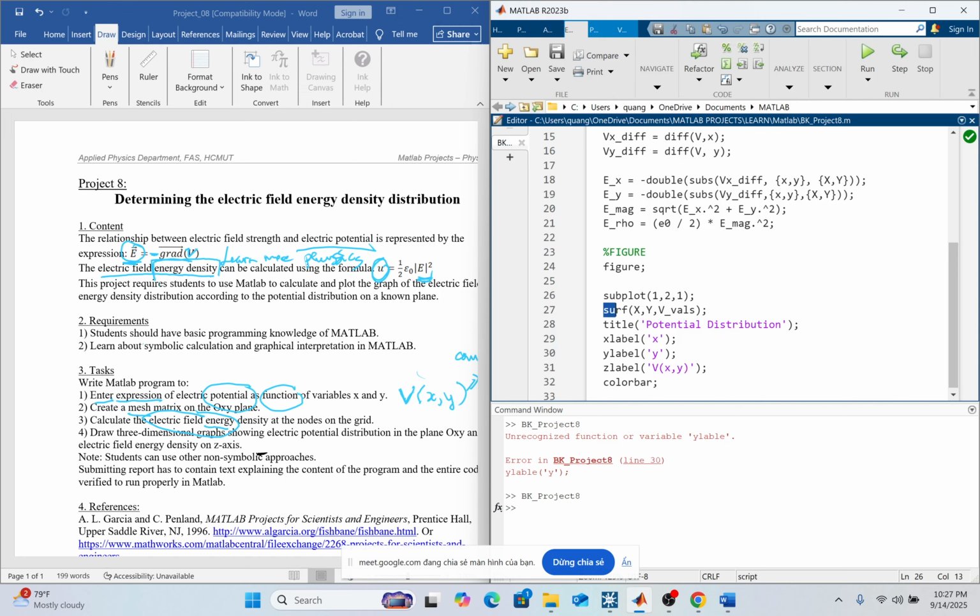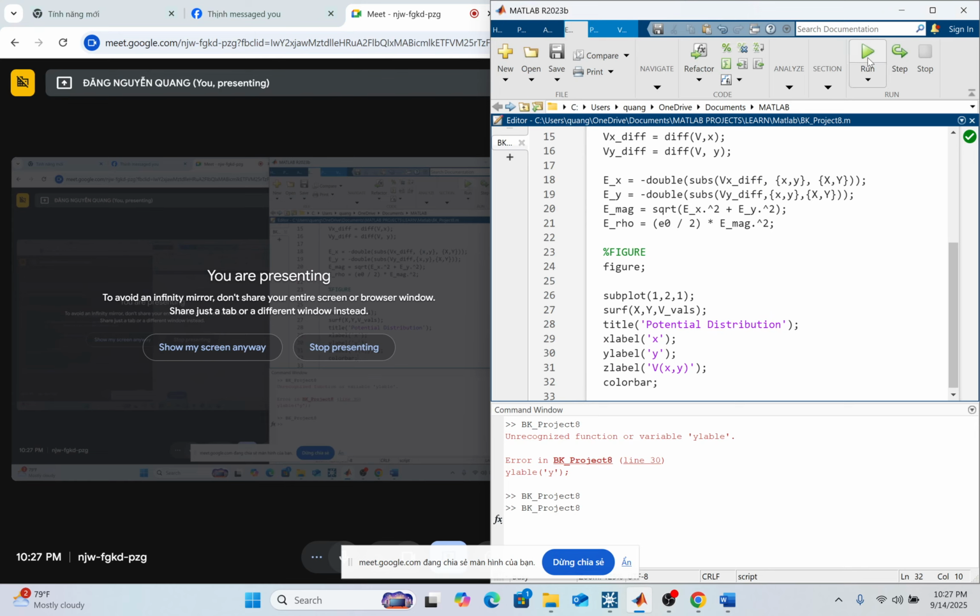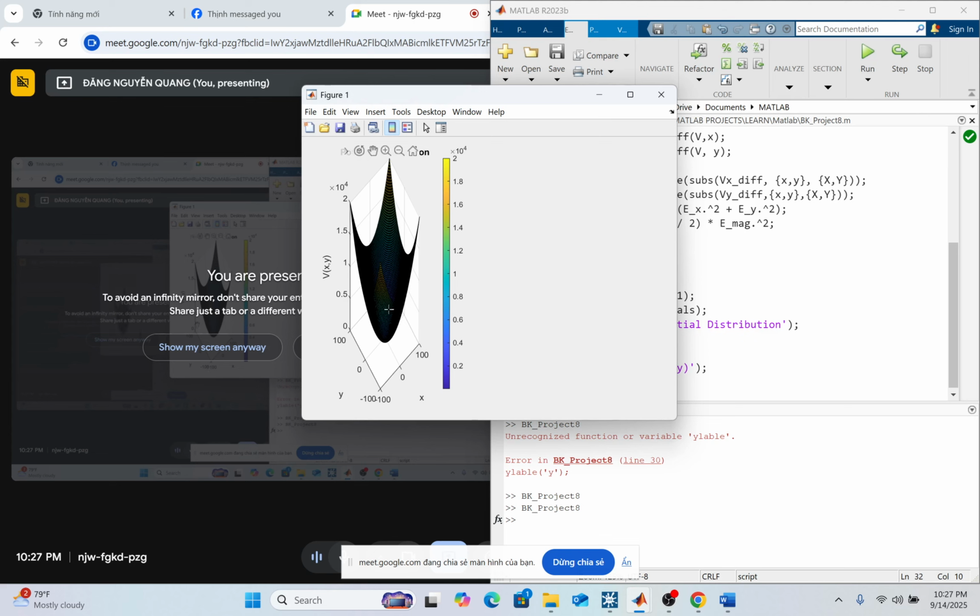And I will use the surf function to draw my mesh. It takes the matrix of the x points and the matrix of the y points. You can search online for mesh matrices to see a more intuitive explanation of these x and y. And this is the v values corresponding to all the points. This section is me coloring my graph. I call the title, I name the x, the y, the z, and I set the color bar. That's it. Okay, and this is my graph.